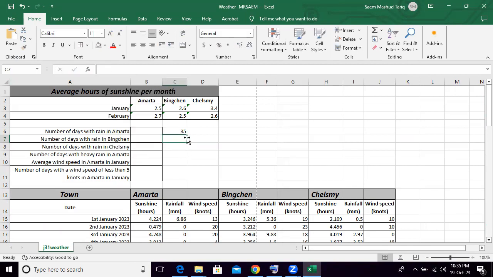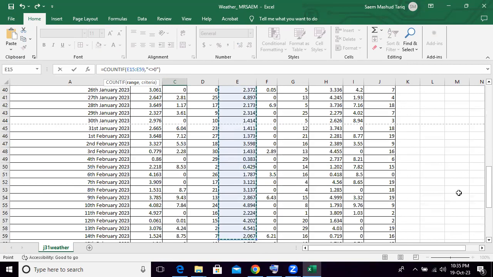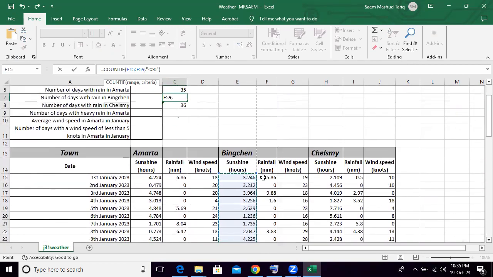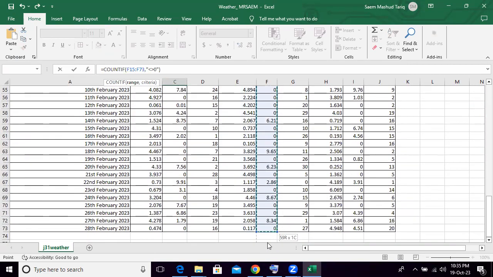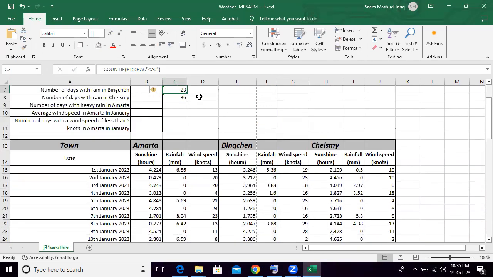Can't I replicate this to save time? Let's say if I replicate this, no, I can't. No, but I can save time. You know how? In this case, I'll just change this to Beijing. Okay, that's Beijing. Not sunshine, sorry. Rainfall. Okay, right. And here we go. This one. And this one would be